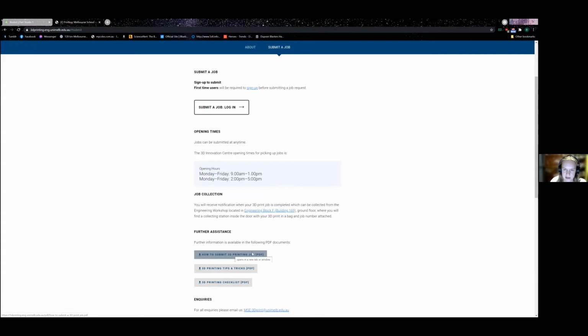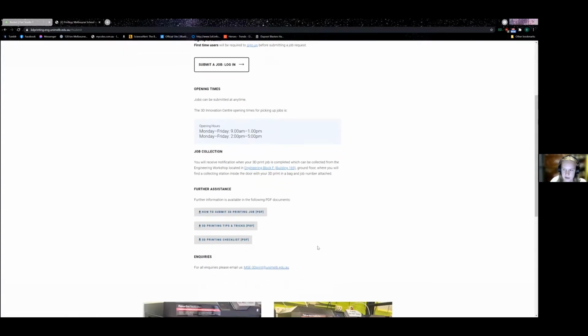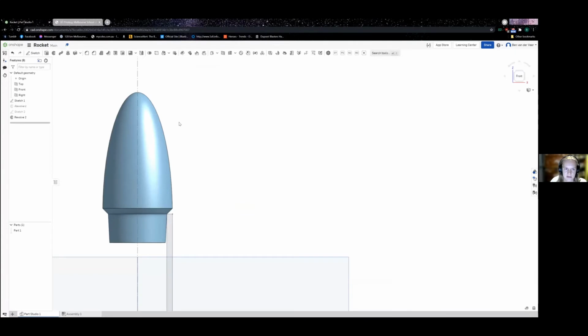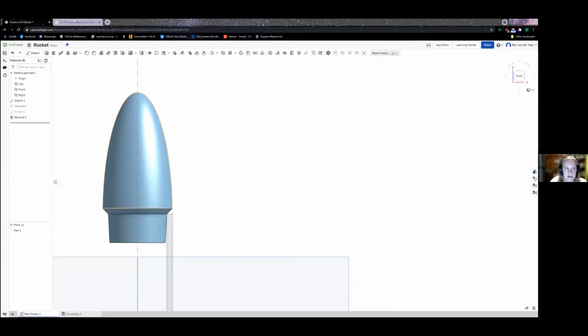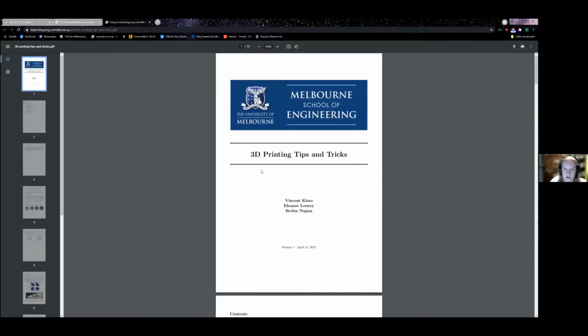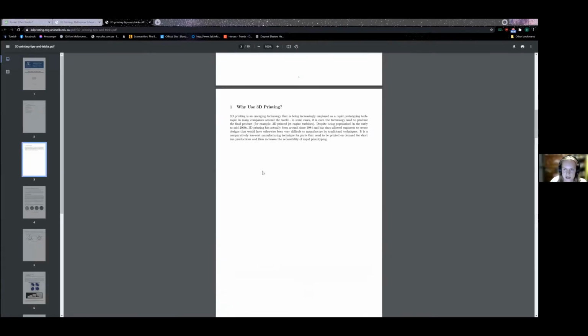So, it has to be in the right format. You have to use the right program to turn your STL into a printable file. And an STL is basically one of these, saved as a triangular mesh. Anyway, they have this wonderful document which goes into things you have to keep in mind when you're designing